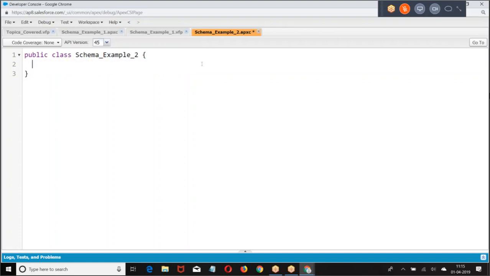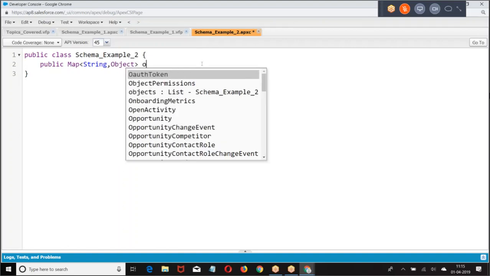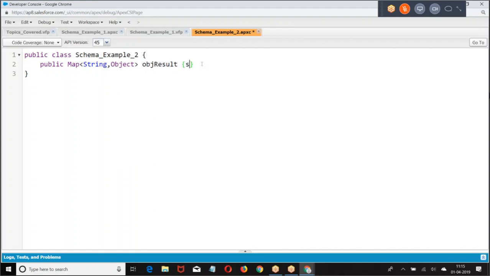Let's say if you give an object, I want to get the properties of an object. Public map of string comma. I want to get the properties. How can you get the properties?